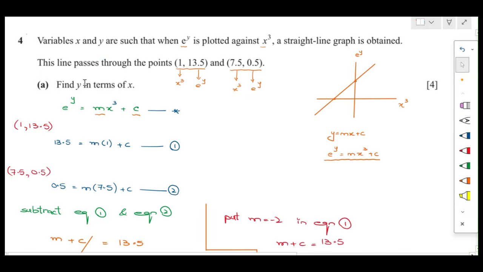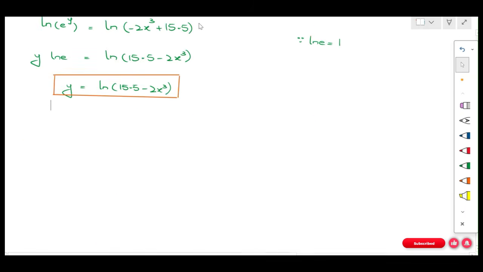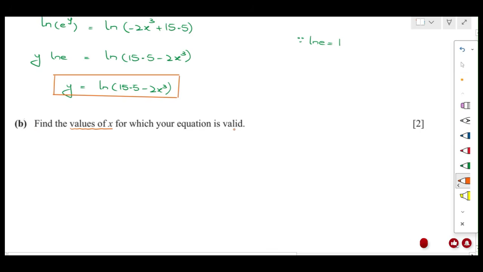Okay, so we just need to find y in terms of x. Now for part B, find the values of x for which your equation is valid, for what values of x this equation is valid. So we can say the equation y equals natural log of (15.5 minus 2x cubed) is valid